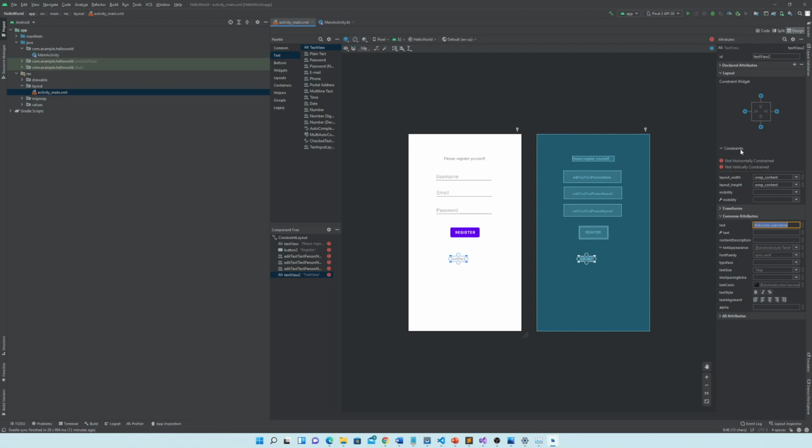So this is just a dummy text I'm putting right now, but whenever we're gonna start coding, we will change it from program, so it will be automatically changing programmatically. Okay, welcome username